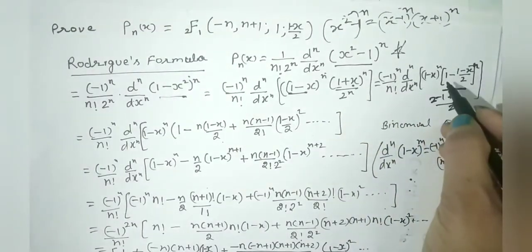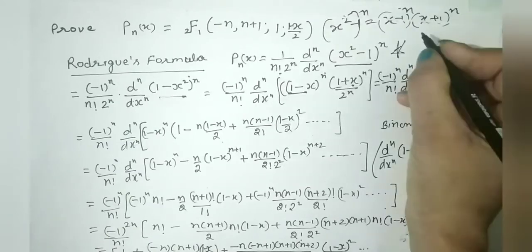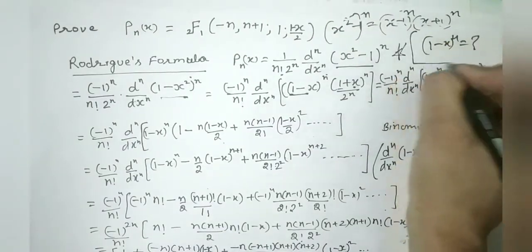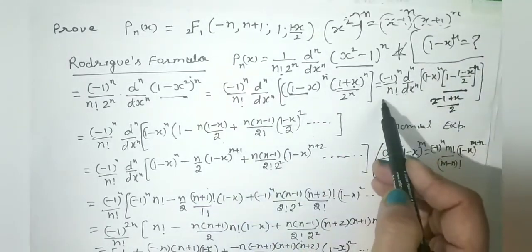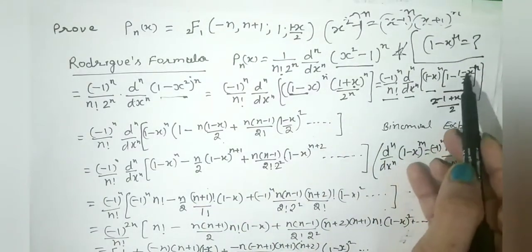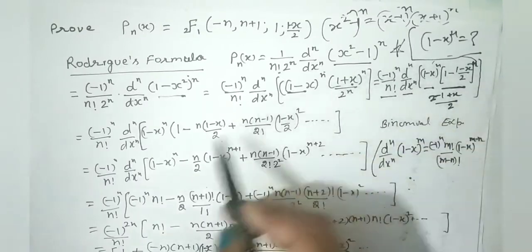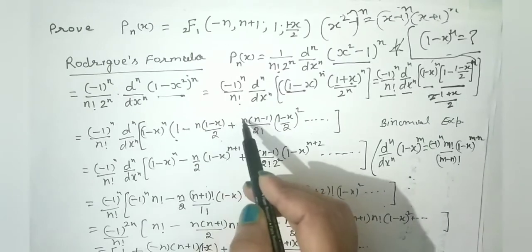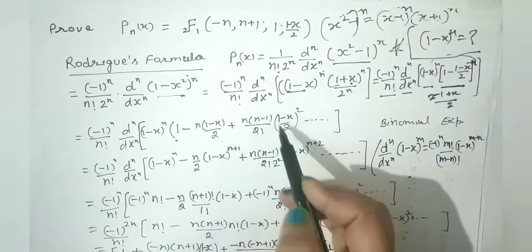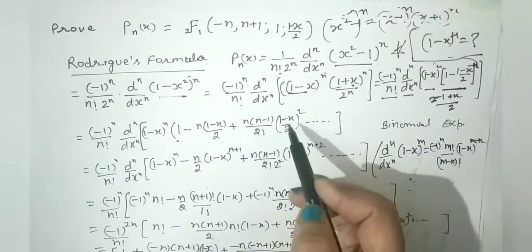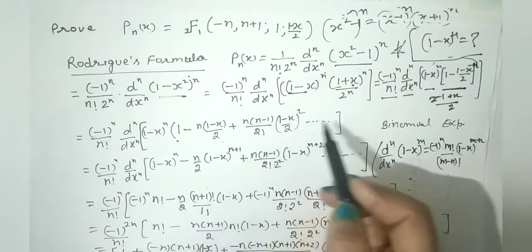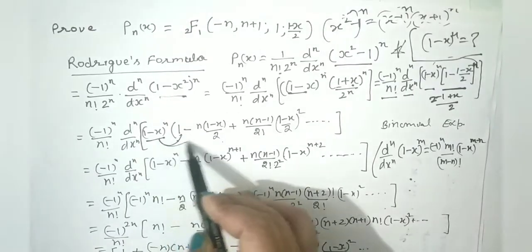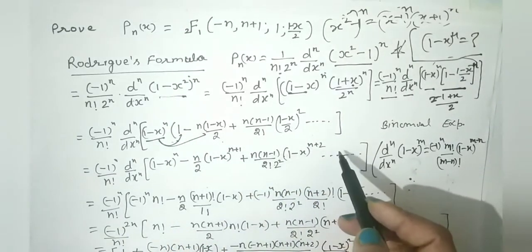So now we are going to use the binomial expansion here, (1 minus x) raised to power n. This is the binomial expansion that we are going to use here. So keeping these terms as they are, we are using the binomial expansion on this thing. So binomial expansion is 1 minus n into x plus n into (n minus 1) upon 2 factorial into x square, because in place of x we have (1 minus x) upon 2, and so on. Now we multiply this (1 minus x) raised to power n with each of the terms, like this.